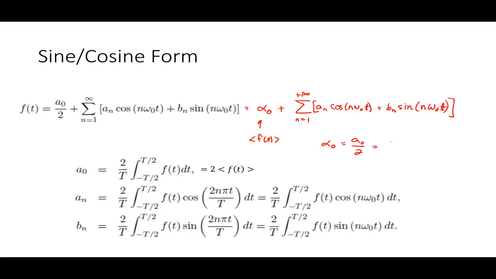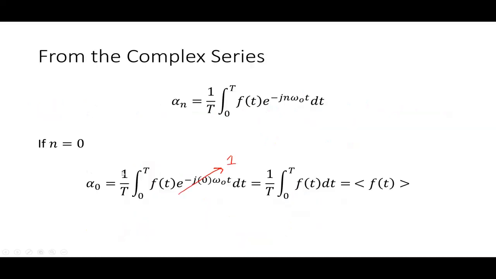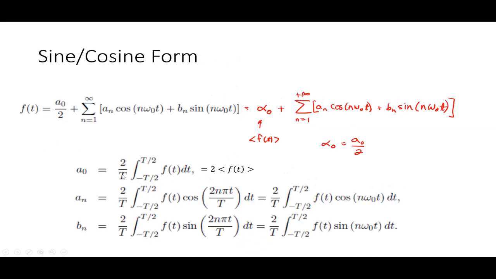Because for whatever reason they've defined, and I think I know why they did it, A naught to be twice the average so that it was consistent with the way these equations looked. So there was a 2 over T and everything. They didn't want to have another equation that had a 1 over T. Okay? So it's very confusing, but essentially the way to look at it is